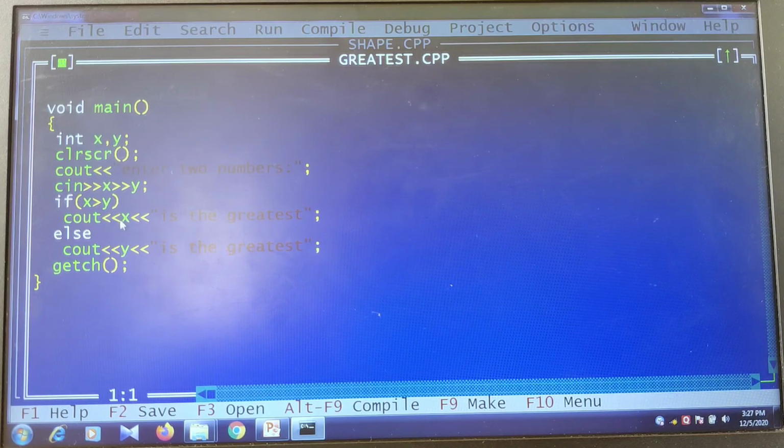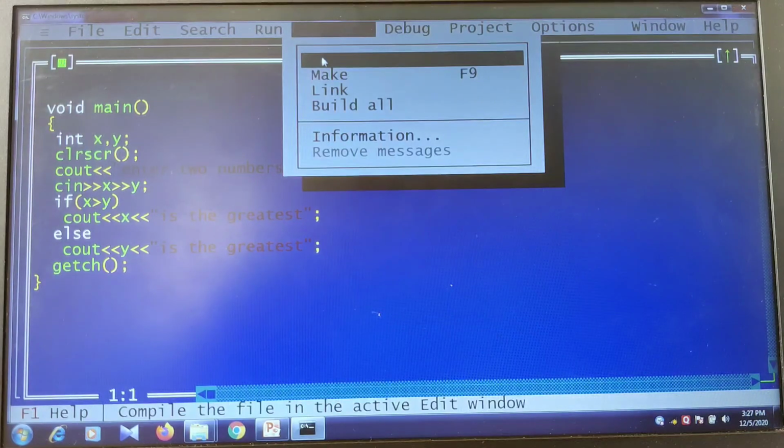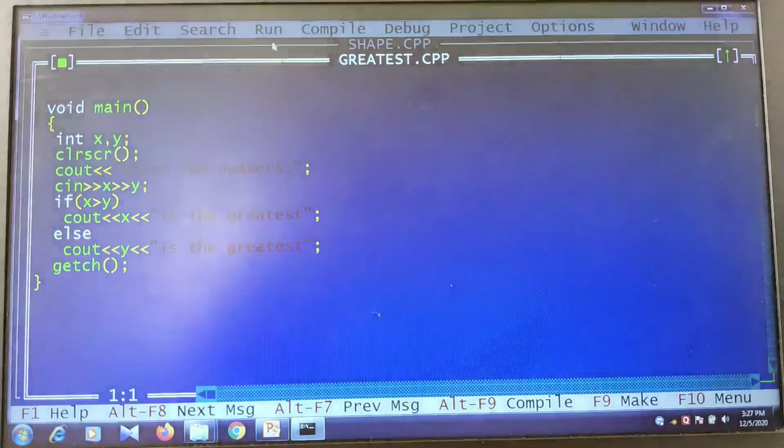As per the program, 10,000 is definitely greater. Whether 5,000 is greater than 10,000, no, my condition fails. Therefore, the true part will be skipped and the false part will be executed, and it gives me 10,000 is the greatest one. Let me execute, compiling 0 errors, and then I should run the code.